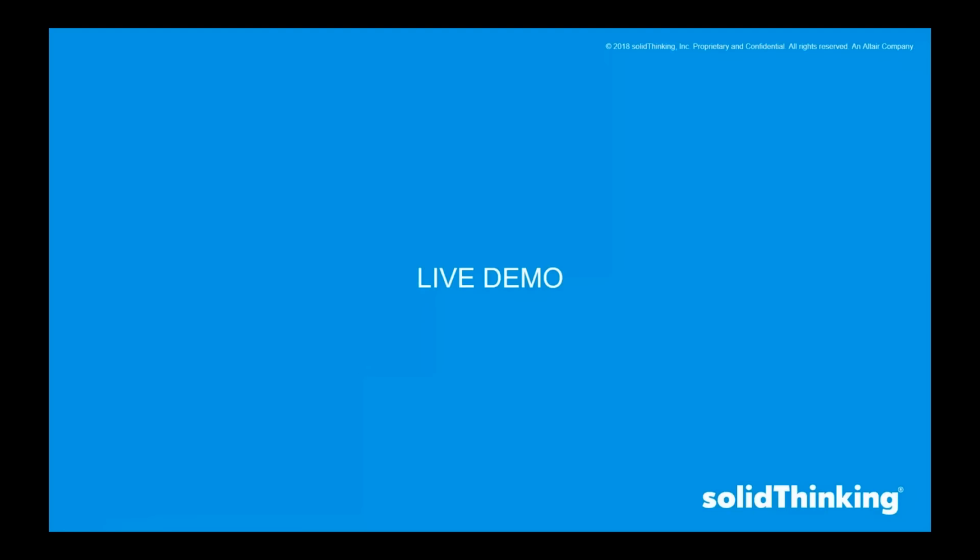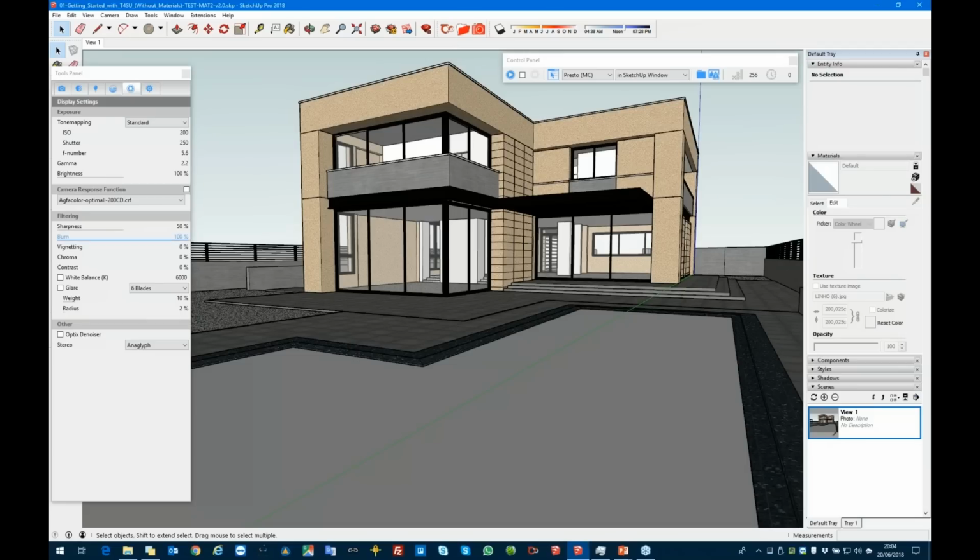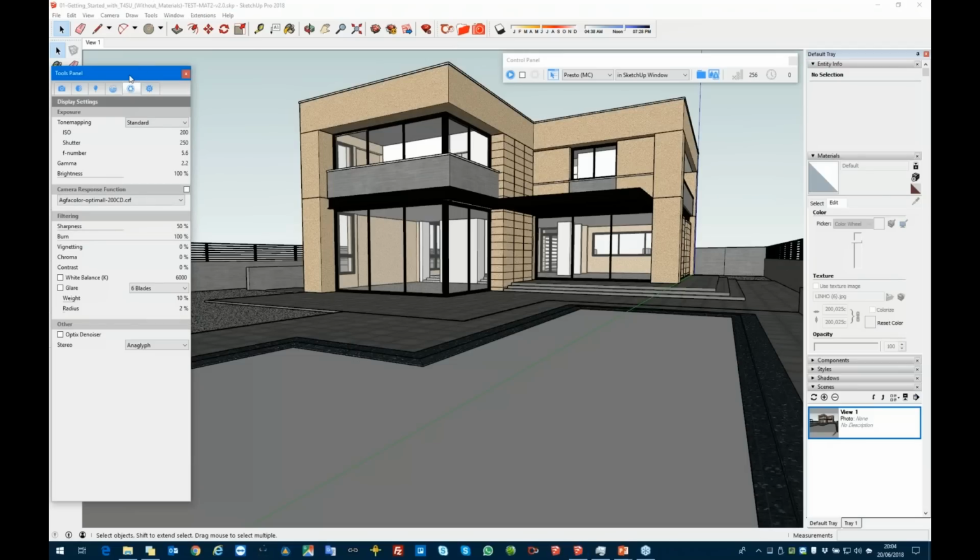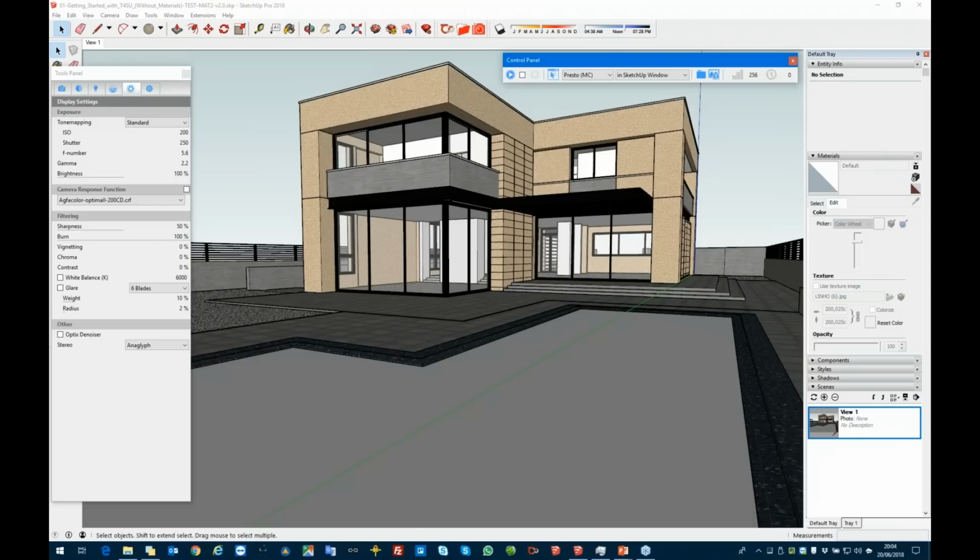I'm going to start now in SketchUp. And here you have one of the Thea panels. Here's another one. I moved them the way I usually work so that you can see a normal session. First thing I want to do here is to show you